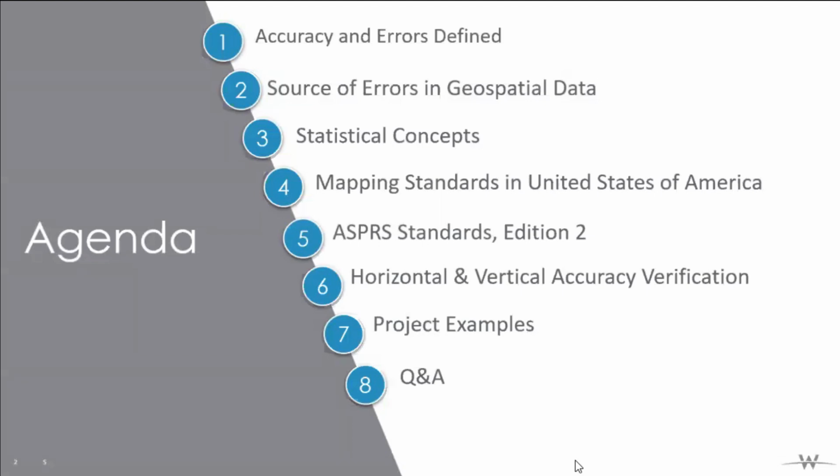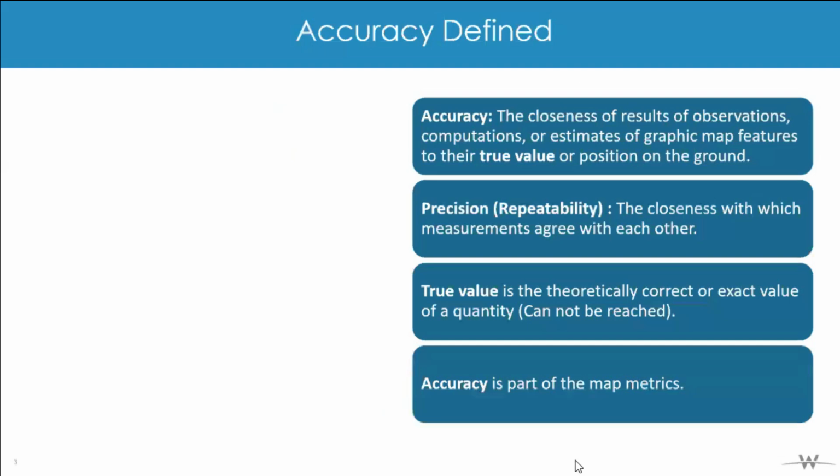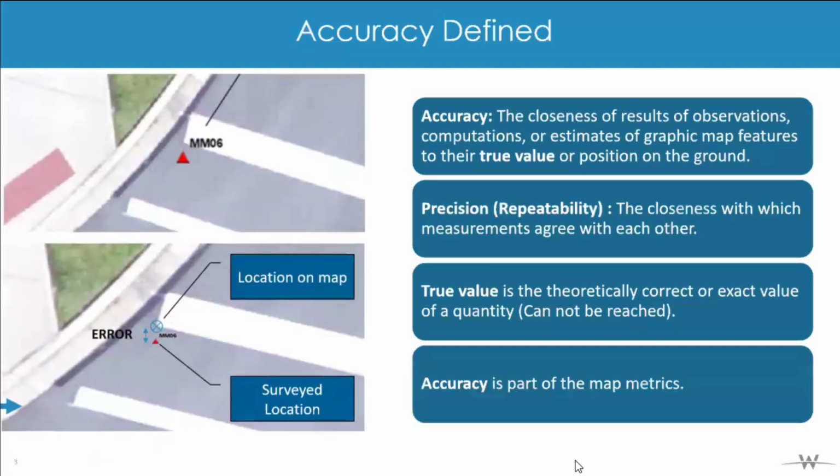And I will bring one or two examples. And if we have time, a question and answer. So let's talk about accuracy. Accuracy is really how close you are to a true value, whether you measure something or try to observe something on a map and on the ground. What we do with mapping or surveying is try to reach the true value, or the coordinates for that feature,